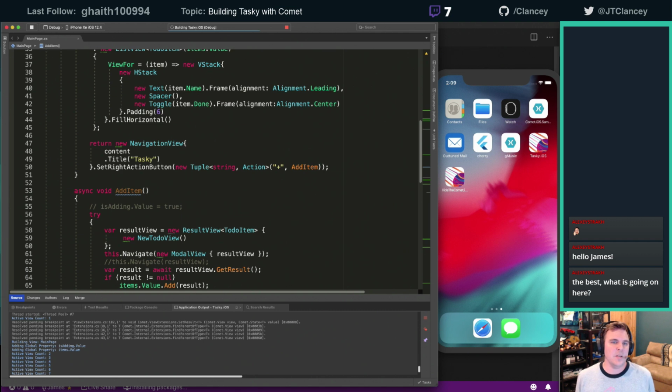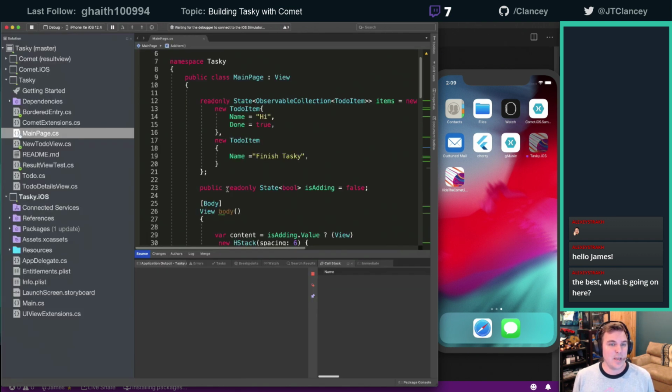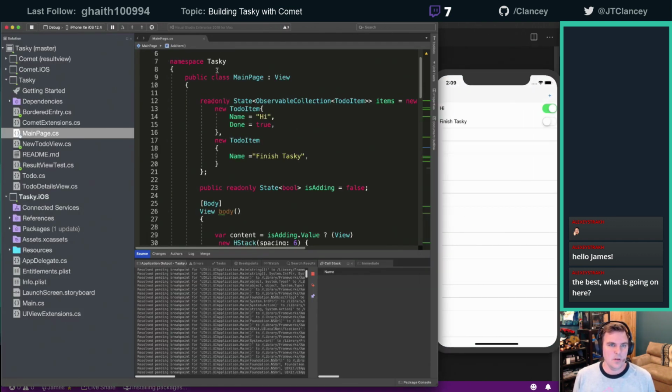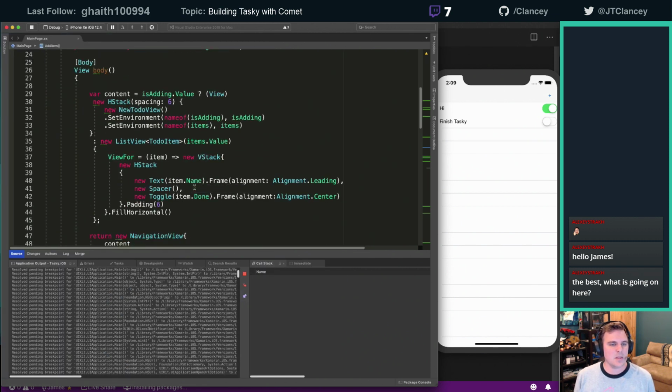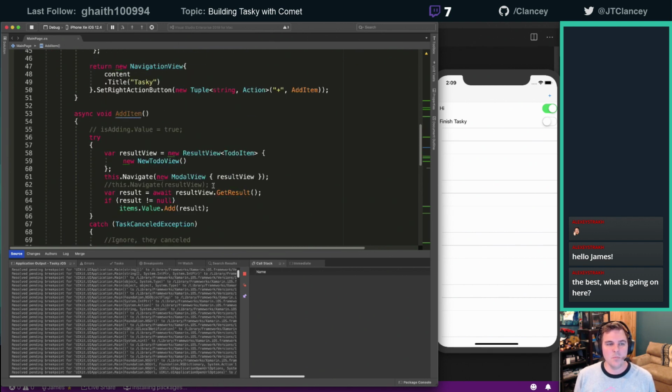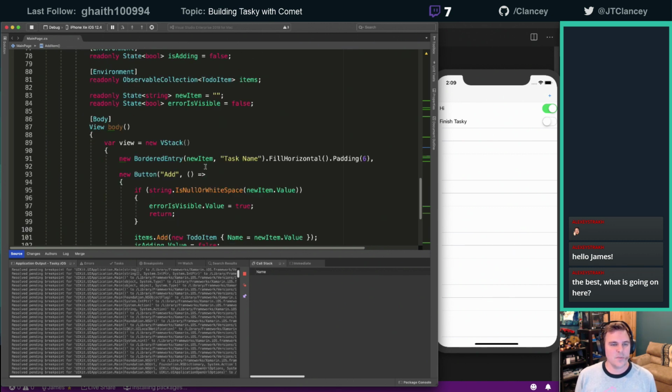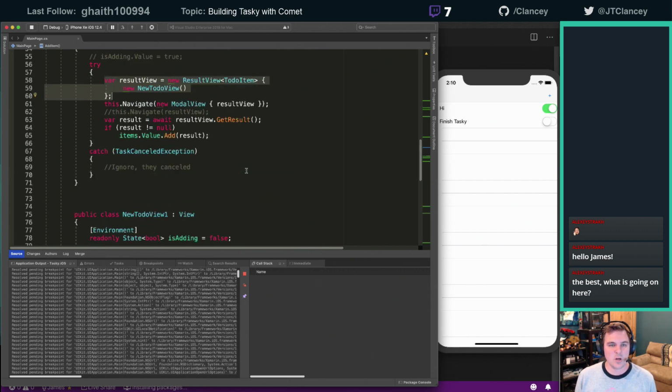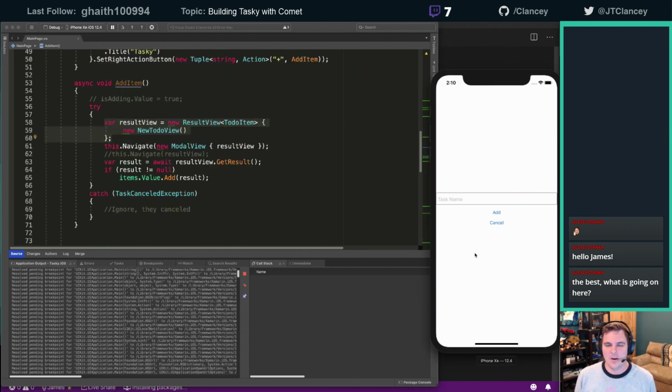Working on Comet, and I added a new view type, a result view. So that way I can say something like this. I can say, hey, on the add, let's do a modal view, and we'll see if this works, of a result view, right? And then the result view should work. Let's just try it. All right, so it gives us this, and I say, hello, or my new task. Now, when I click add,